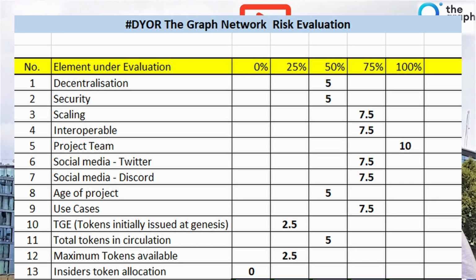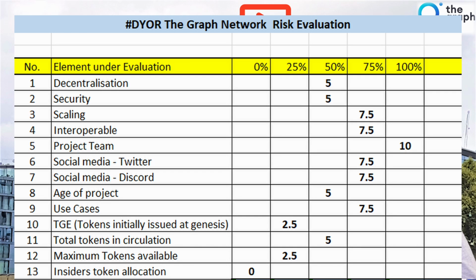On decentralization, we are going to give the Graph network 5 out of 10, security 5 out of 10, scaling 7.5 points out of 10, interoperability 7.5 points out of 10, project team 10 out of 10, social media via Twitter 7.5 points out of 10, social media via Discord 7.5 points out of 10, age of the project 5 points out of 10, use cases 7.5 points out of 10, TGE, or tokens initially issued at genesis, 2.5 points out of 10,